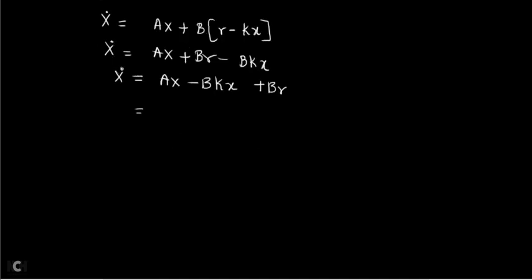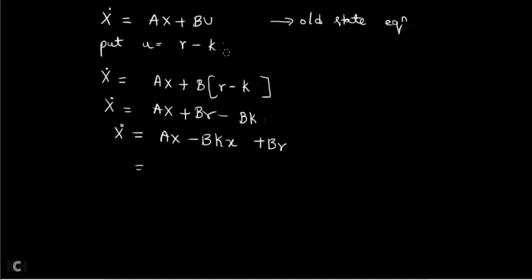Now can I take x common here? Remember this x and this x both are the same. Don't think this is capital X and this is small x. Actually I should have written that x also as the capital X only, and let us not have any confusion. Whatever the x you have written here, the same x should come. u is equal to r minus kx. And here also, instead of small letter x, let me write it as capital X.